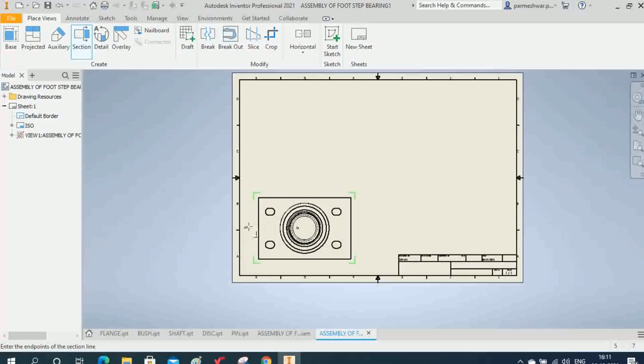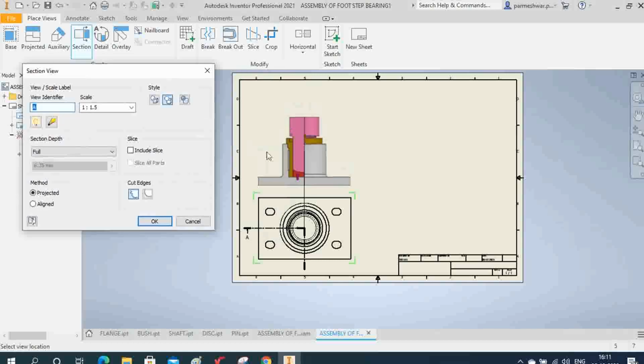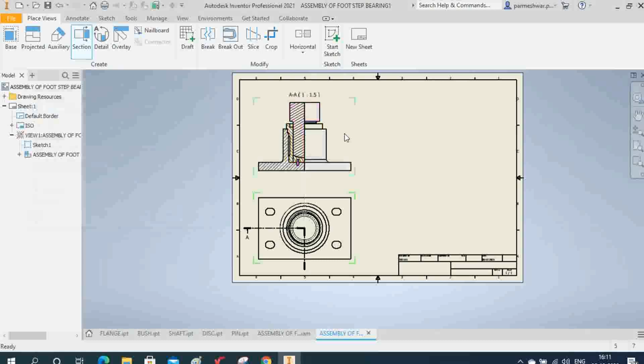From here, click here and then click inside this here, and next here, right, right click and then continue. Okay, when you continue, you can check here that sectional front view is created. Okay, like this, right. You can check this sectional front view is created.